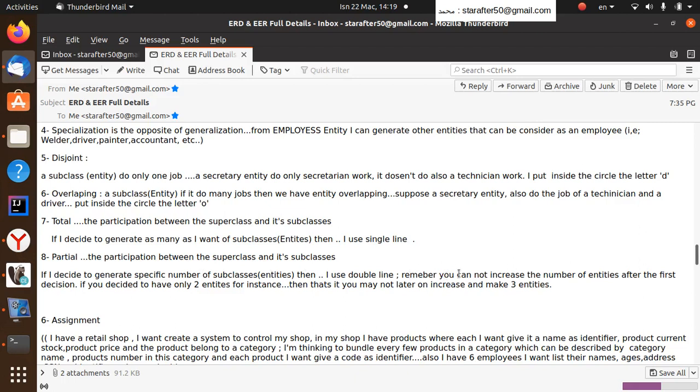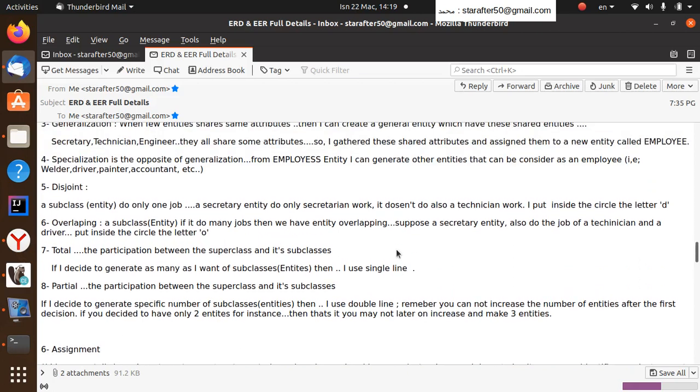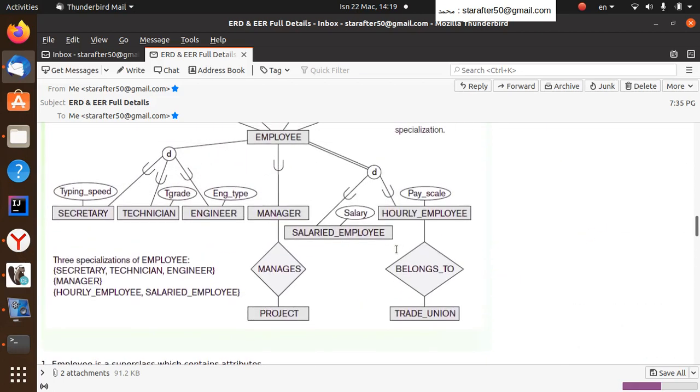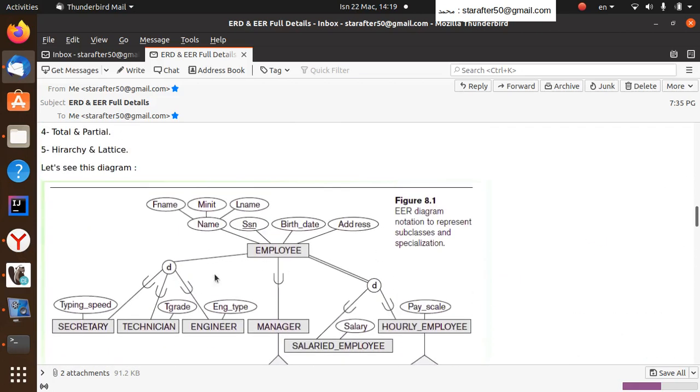Remember, you cannot increase the number of entities after the first decision. If you decide to have only two entities, for instance, then that's it. You may not later on increase and make three entities. This is the meaning of the total and partial. As for the hierarchy and lattice,